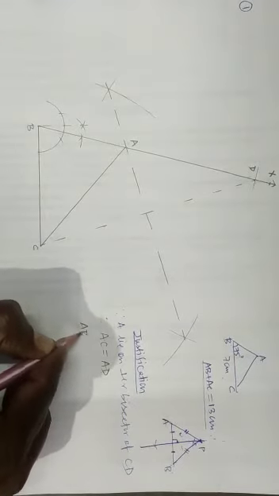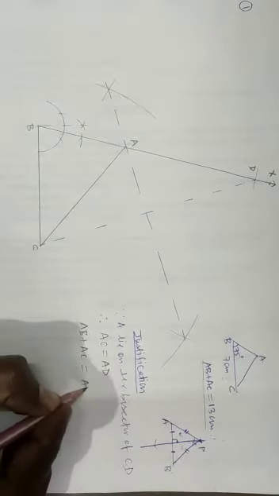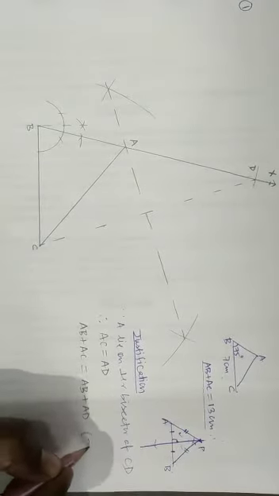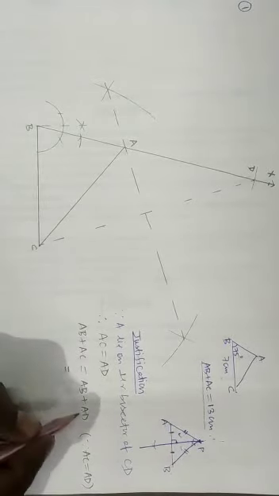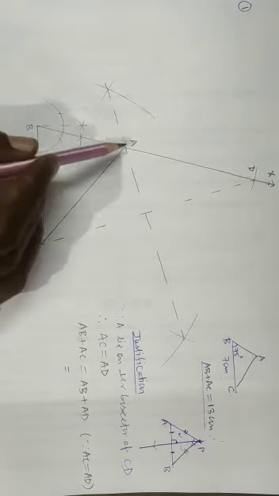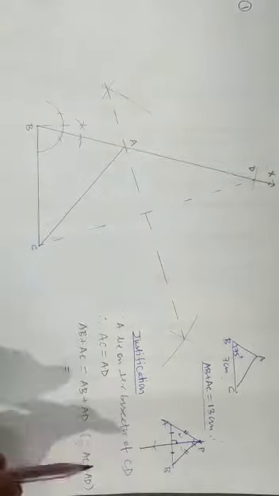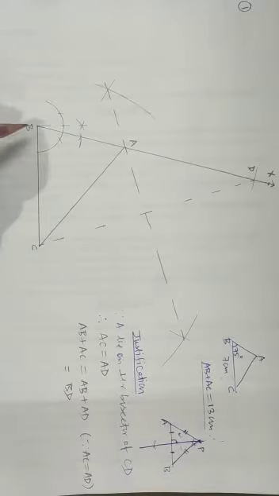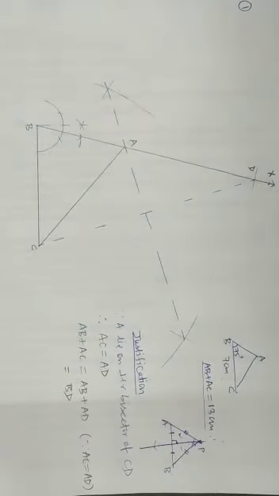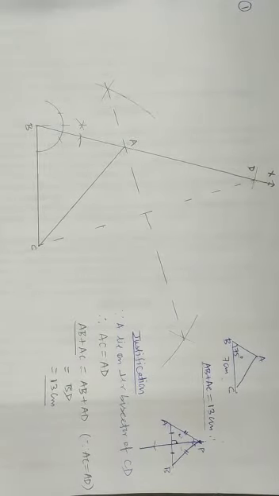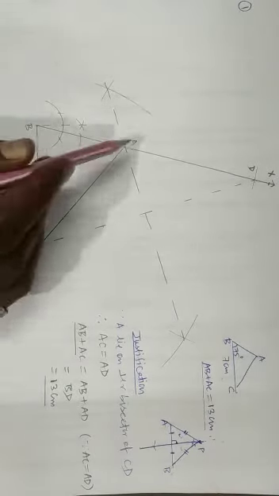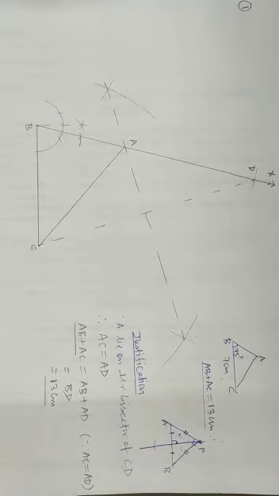Now we talk about these two, why AB plus AC is 13. So we can write AB plus AC as AB plus AD. Why AD? Since we have proved that AC is equal to AD. Okay, so now we can write AB plus AD, as you can see in the figure, AB and AD. If you add these two, you will get BD. So AB plus AD will be equal to BD. From here to here is BD. And the BD length you have taken as 13 centimeter. So you can replace BD by 13. So you got AB plus AC as 13 centimeter. So this is the justification part, that why AB plus AC becomes 13 centimeter.